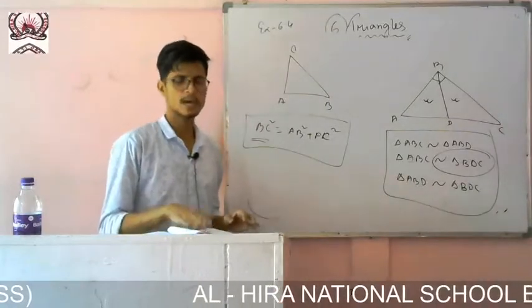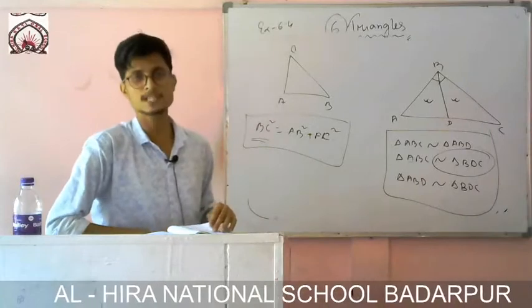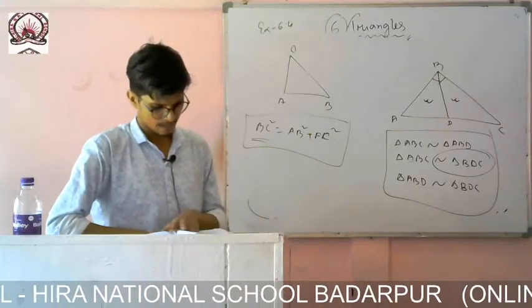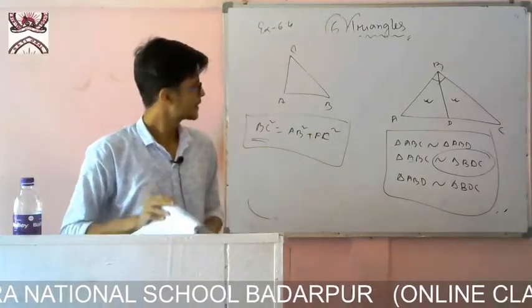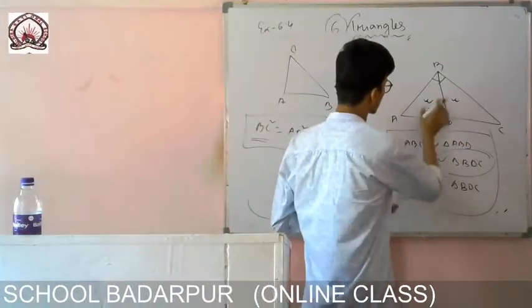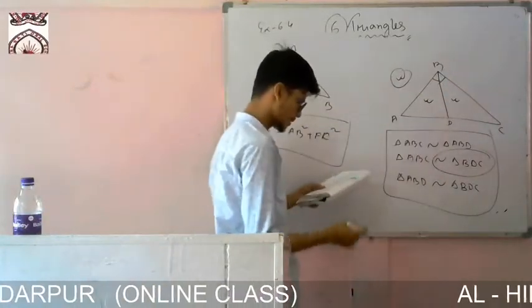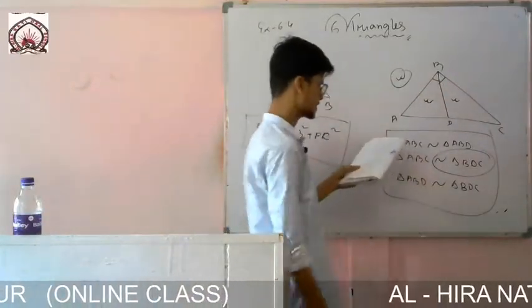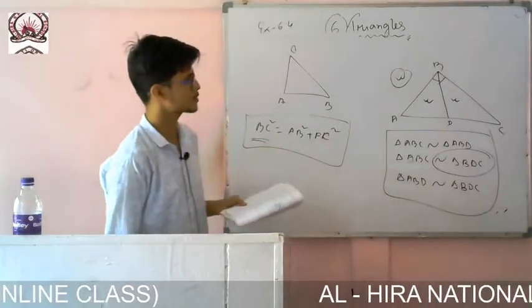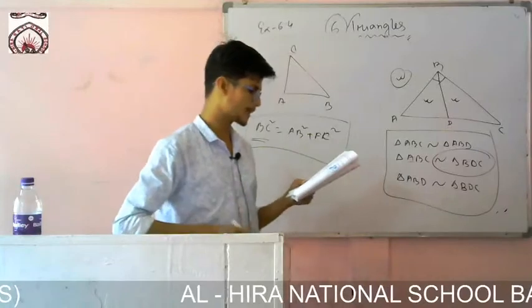Okay. Now there is the proof in 6.1, theorem 6.8, page number 170. You take it out. I will just go on discussing what is given, that the triangle is drawn like this, and the hypotenuse is given. It is the same theorem and the same figure as in your book. Okay. So it is given, you have to prove AC square is equal to, here the hypotenuse is AC, so AC square equals AB square plus BC square.